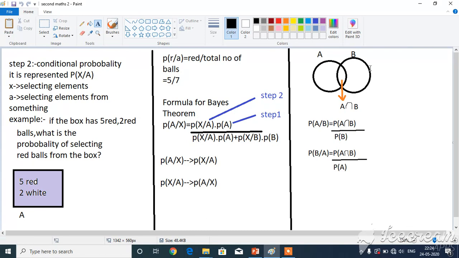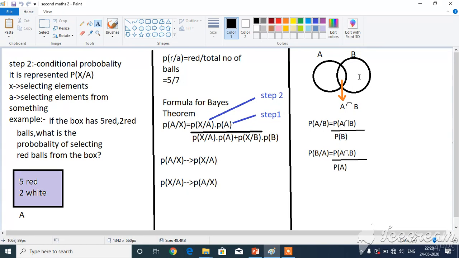It means we are finding the probability of A over B. It means we have to consider B as the sample space, and in that we have to find the probability of A. You consider whole B as the space. In that we have to find A. Here we are finding the conditional probability A over B, which means we are finding the occurrence of A in the sample space B. In this we have to consider the whole B as the sample space.